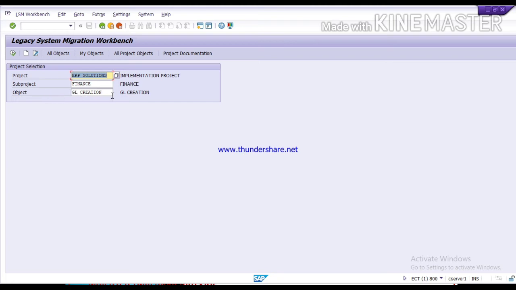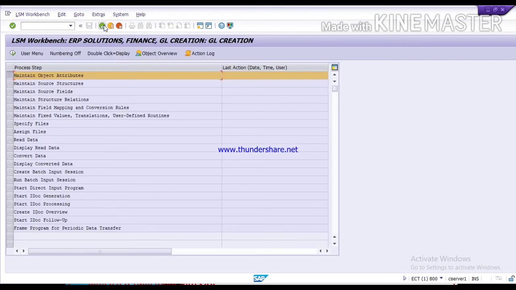Or here you can create more fields under these fields. Like in an ERP solution, if you want to create another sub-project, we'll get back.